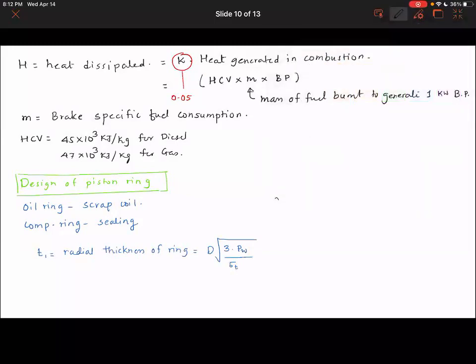Just to give you some values here, D is the bore diameter, then PW is the gas pressure on the cylinder wall. This is slightly different because this is the pressure that is acting on the cylinder wall and the interface,